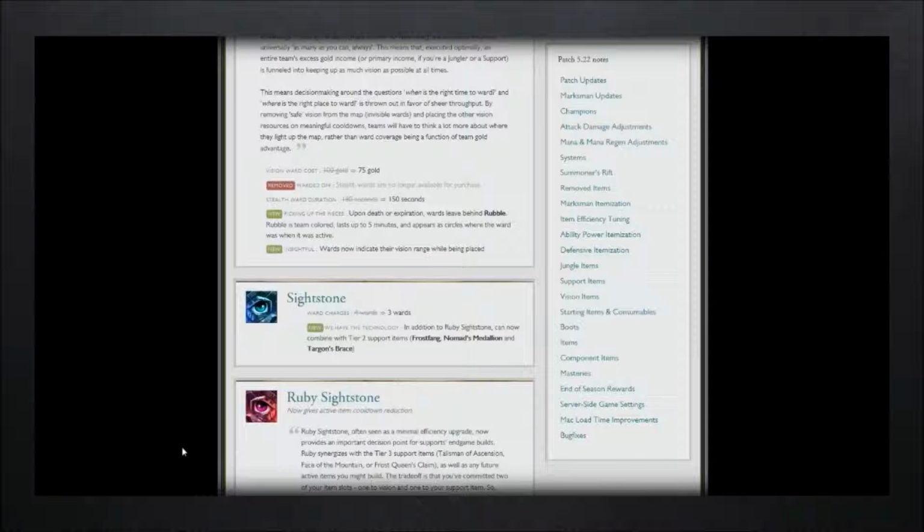Sightstone has a bit of a change. It now only gives you 3 wards, which is actually worse off, but at the same time good, because it seems a little bit pointless that you add an extra ward for nothing, because you could only have 3 down in the map anyway. Next up is, in addition, Ruby Sightstone can now combine with tier 2 support items,